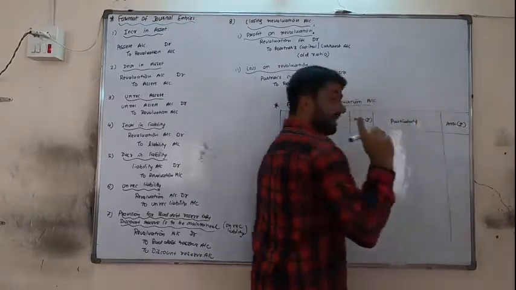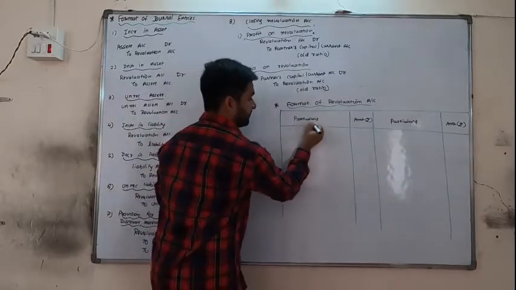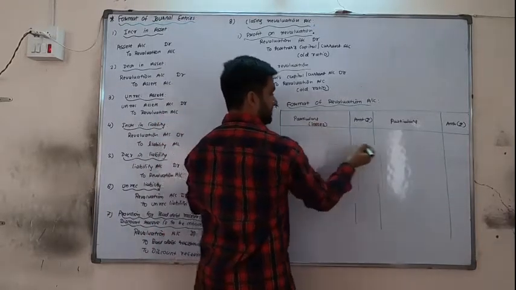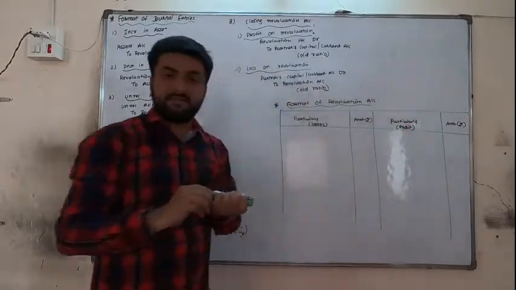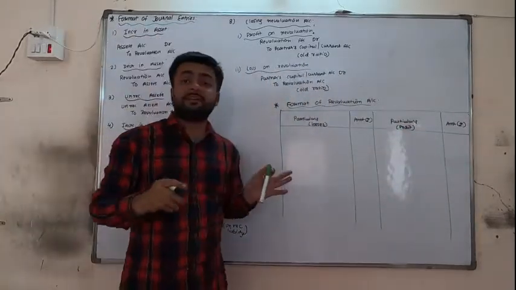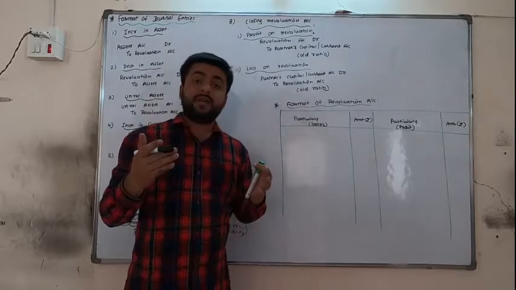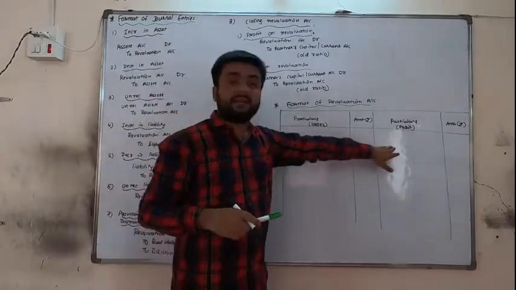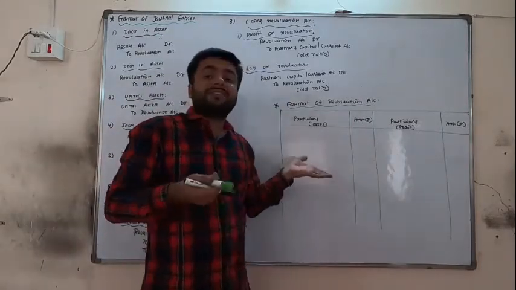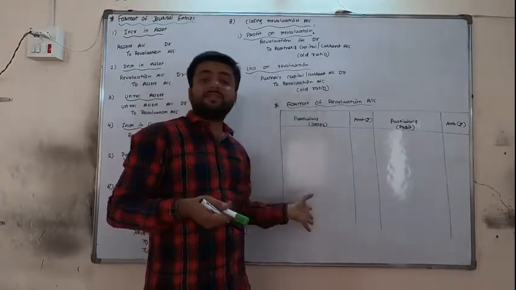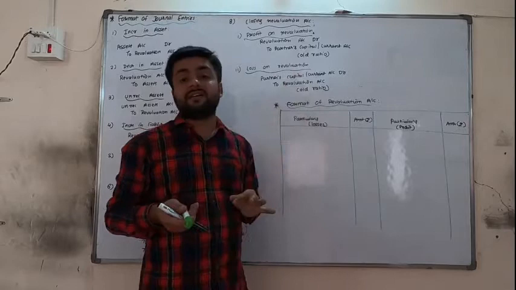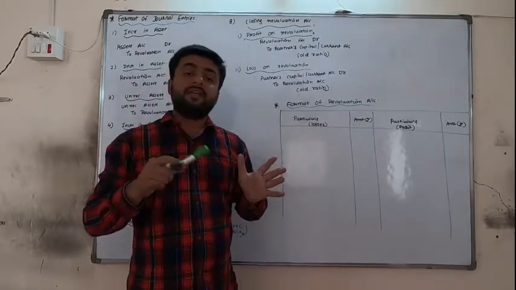With that, you write one more thing: losses and profits, so that you can directly understand that if journal entries are not there and we are getting profit, then they are credited, and if we are getting losses, then they are directly debited. Because sometimes in a question, only the revaluation account is asked, journal entries are not asked. So at that time,